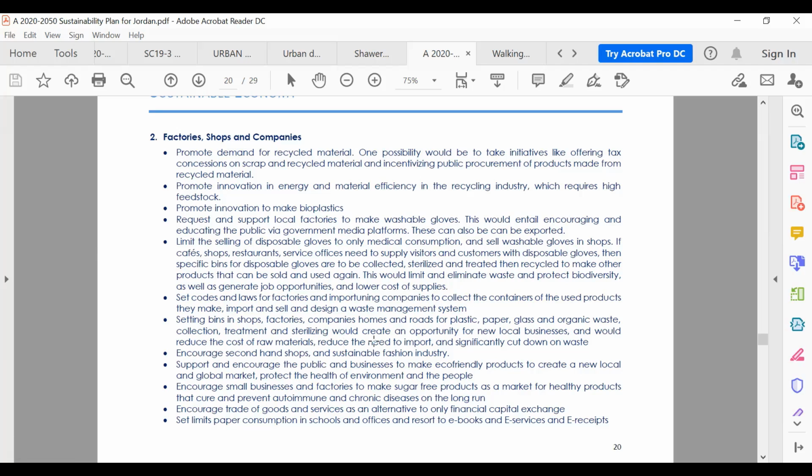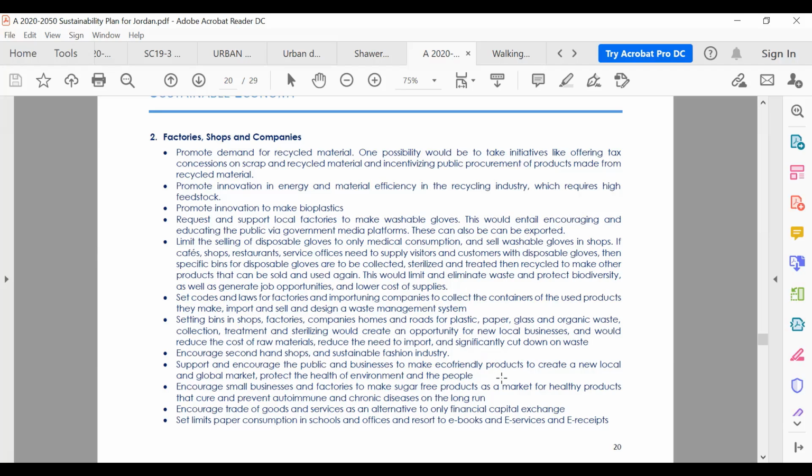collection, treatment, and sterilizing to create an opportunity for new local businesses and reduce the cost of raw materials to reduce the need to import and significantly cut down on waste. Encourage second-hand shops and sustainable fashion industry. Support and encourage the public and